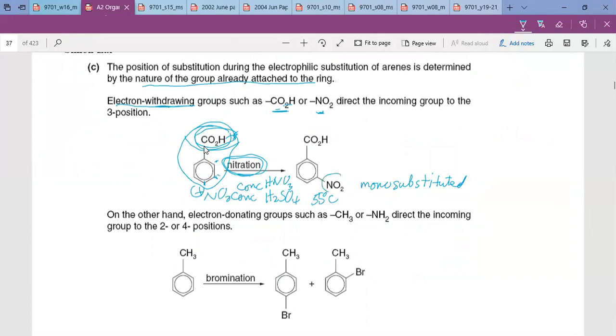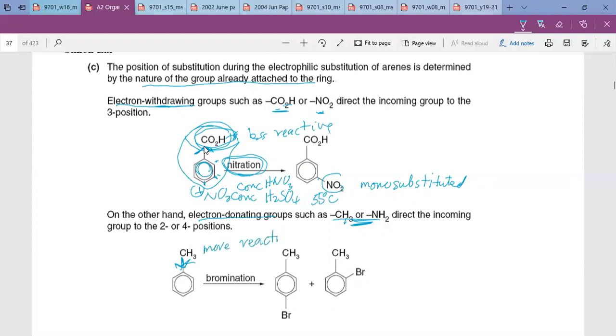So, on the other hand, this electron donating group pushes electrons inside. This one here pulls electrons out, so it will decrease the electron density here. That means it will be less reactive than benzene, of course. This one is more reactive